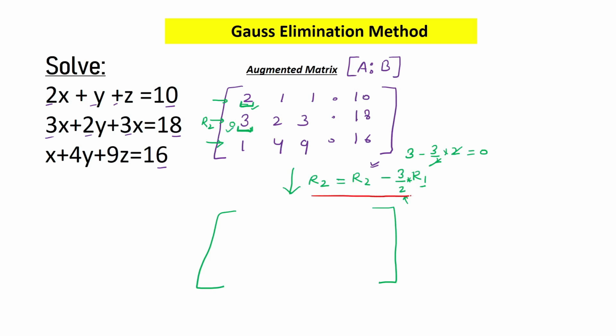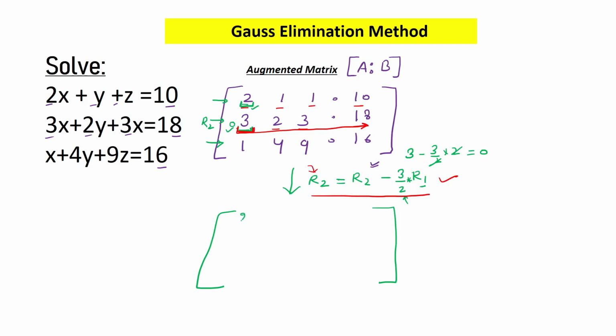So this is our row transformation operation, which I will apply not only on these 3 and 2, but I will apply this on 2 and 1, 3 and 1, and then 18 and 10 also. That means all the elements of row number 2 have to be changed by applying this row transformation operation. But you have to take care that you write this operation keeping in view that this element should be made 0. I do not care about the other element values, but this element should be made 0. So now if I apply this operation, then what will I get?